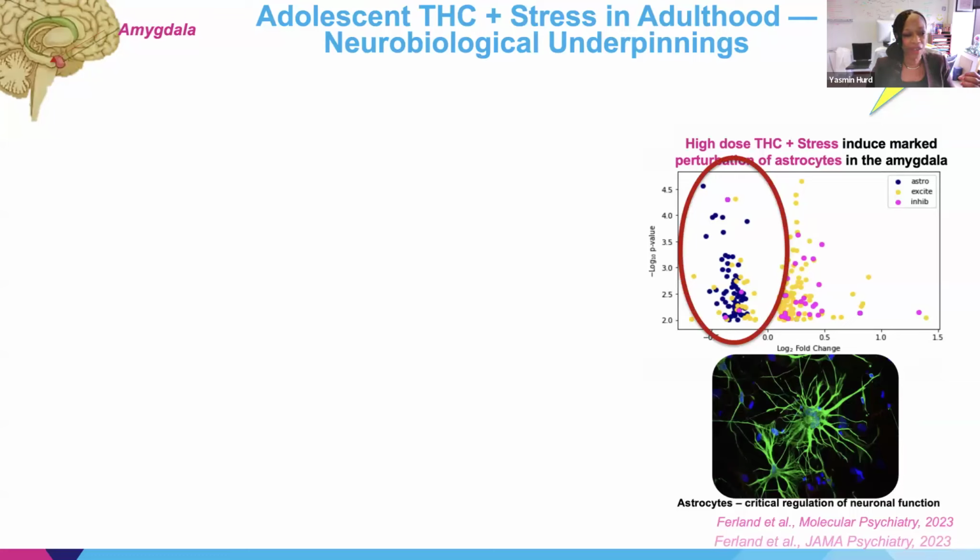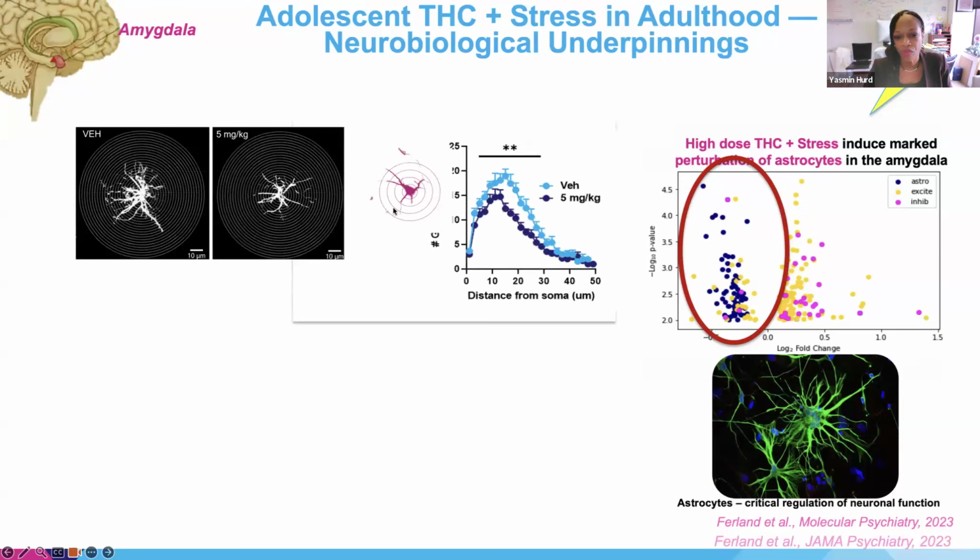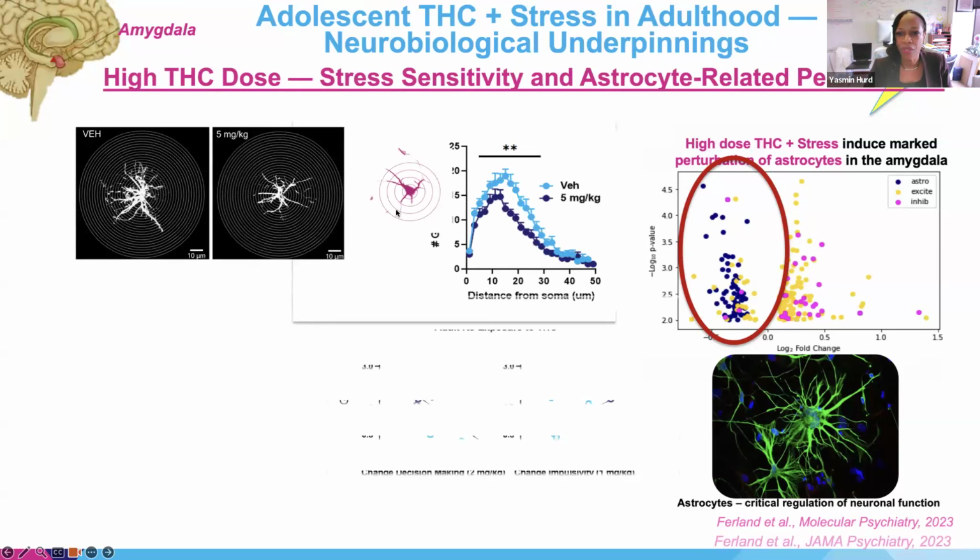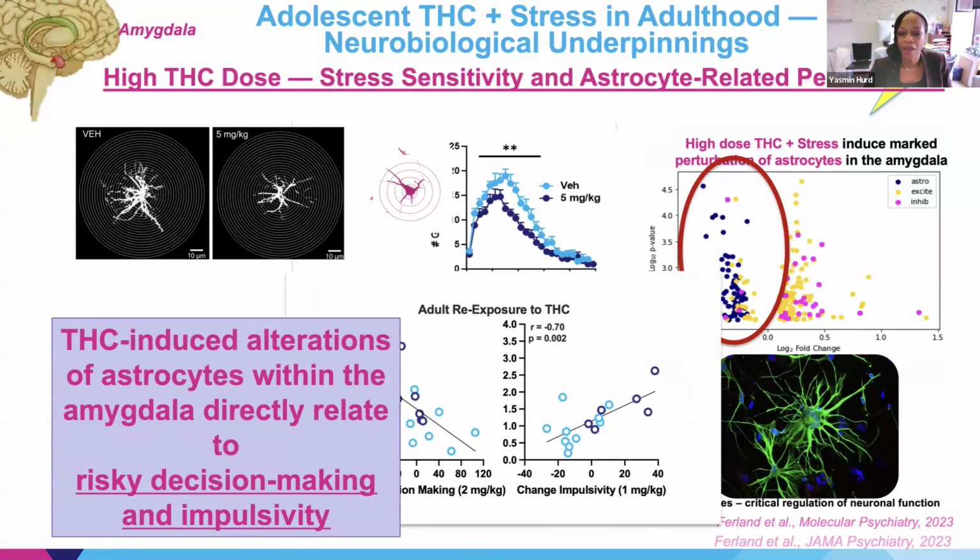We can also look and see that there are certain cells that become strongly involved in, or are changed in, these adults. Some of those cells are called astrocytes, which play an important role in regulating how synapses communicate and even in aspects of immune function. The structure of these is changed. Importantly, the change in the structure of these astrocyte cells relates to decision-making and impulsivity in these animals when they're adults, but only, again, when they're stressed.